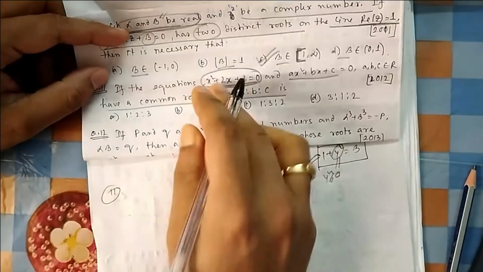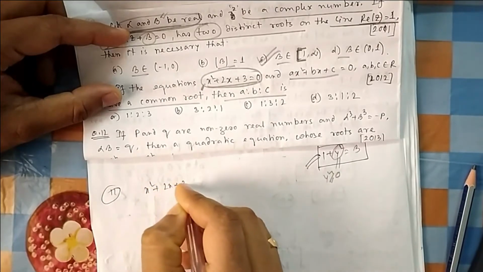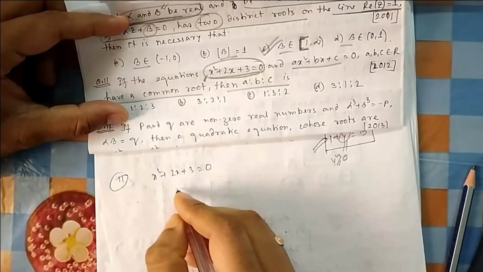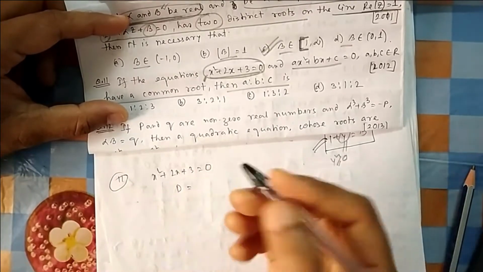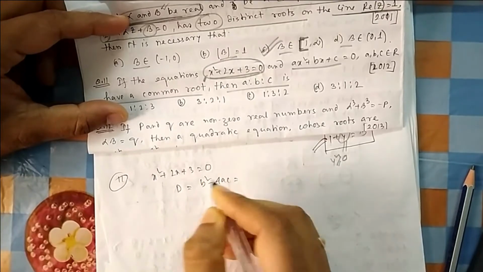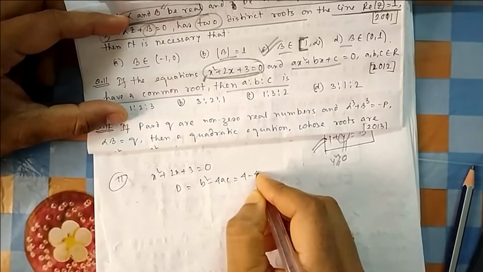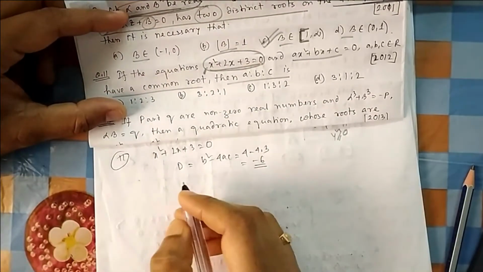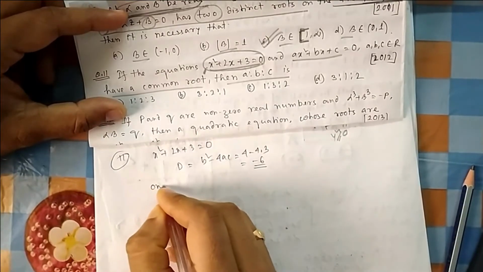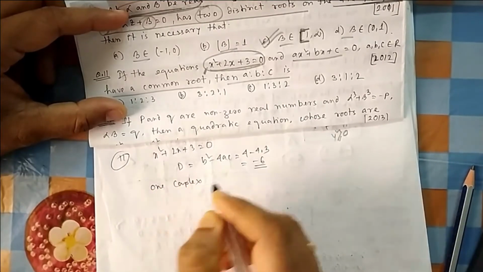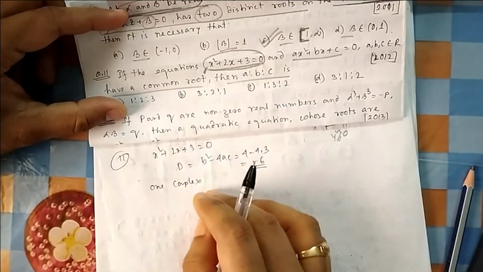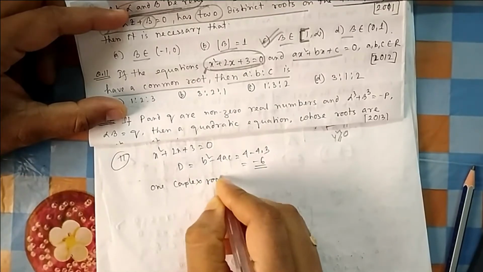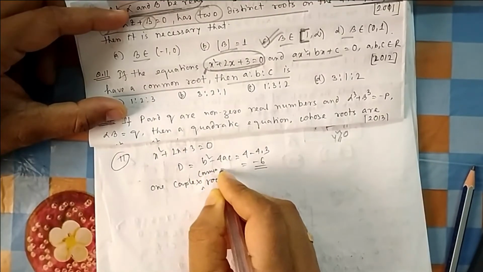Because this is given to you, let me calculate the roots of this one first. If you see this one, you cannot factorize it. So calculate the D first, because in Sridhar also you will be doing b square minus 4AC. So why not calculate this one first? 4 minus 4 into 3, so it is minus. Because it is negative, that means the roots are imaginary, complex. I told you in that theory, if one common root is complex, then the other root will be just the conjugate of that one. So if one complex root is common, both roots are common.